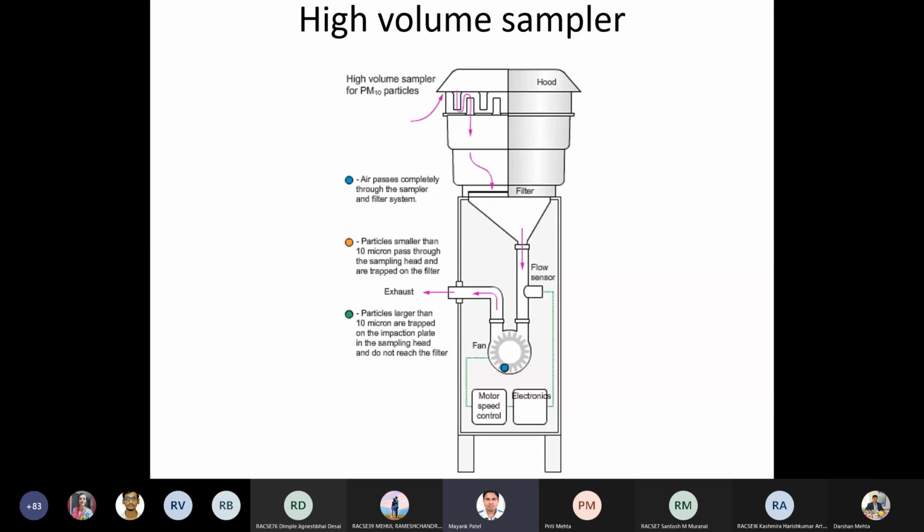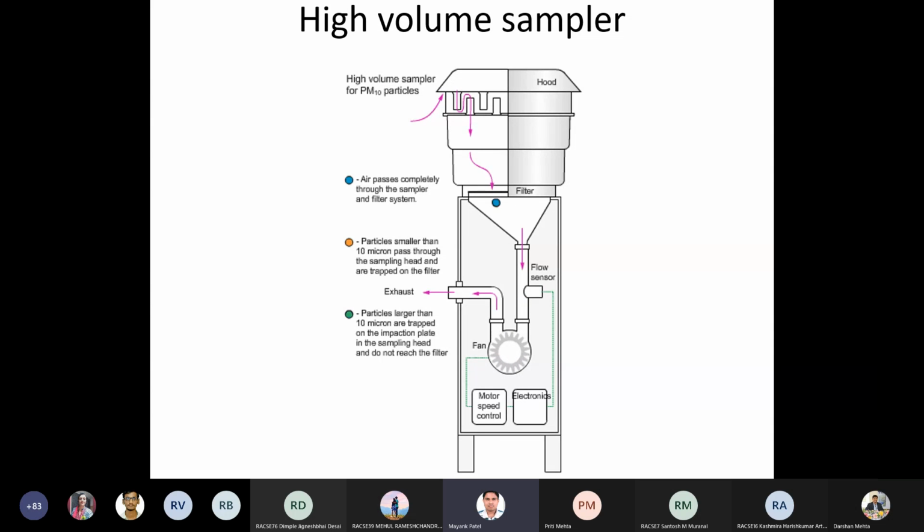So they will get removed, whereas the particulate matter which we wish to measure, that is PM10, the particles having less than 10 micron size, will pass through this movement but will get retained over the filter paper. So we first measure the weight of the filter, then we will put that filter paper on this machine, and we will turn on the machine, we will check the flow,